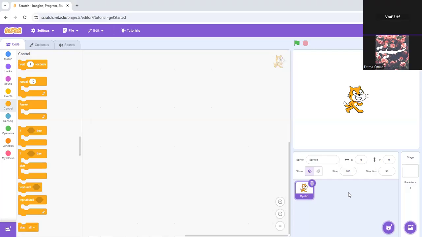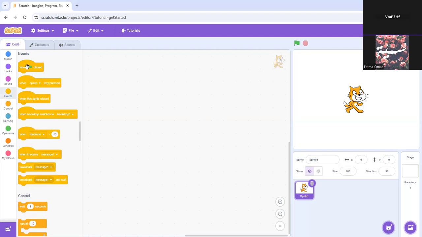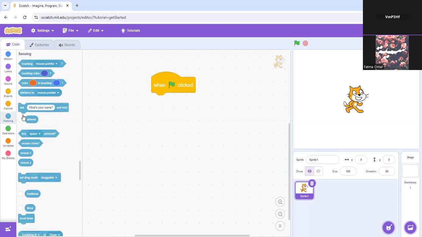I'm going to use the online version of Scratch. You can use it for practicing. If you have the installed one on your PC, use it. I'm going to use the online one. To start your project, you need to have an event. Even if we didn't mention in the exam to use an event, you have to use an event, any of the events. When the green flag clicked, then from sensing,